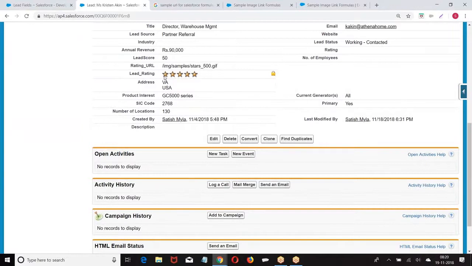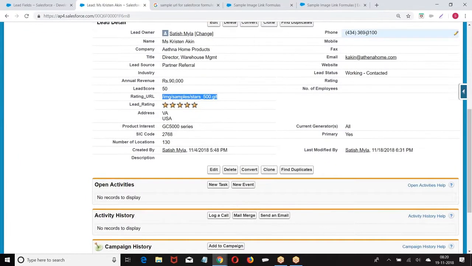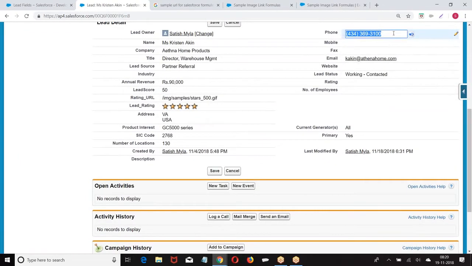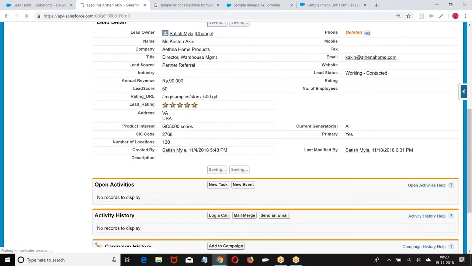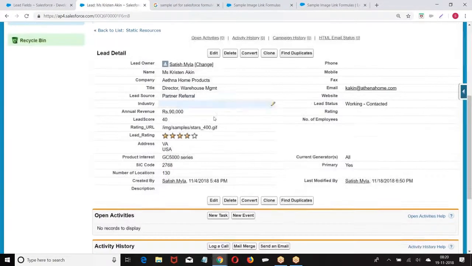This is how we got it. Now, based on the score, we got this URL. Based on the URL, we are printing. Right.